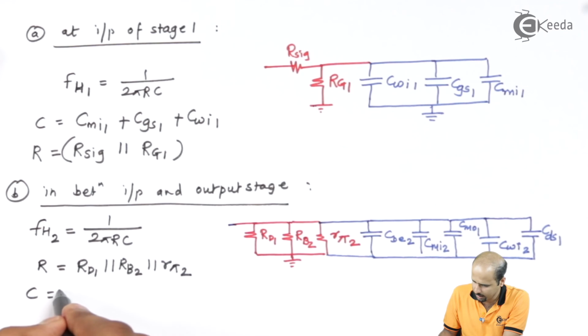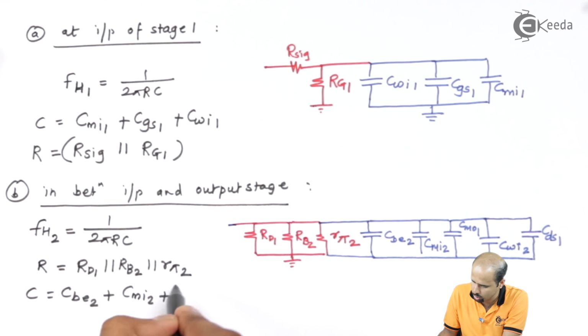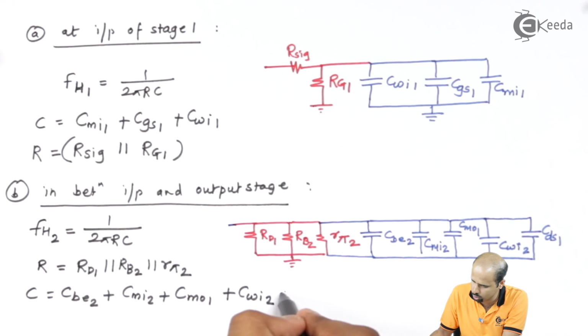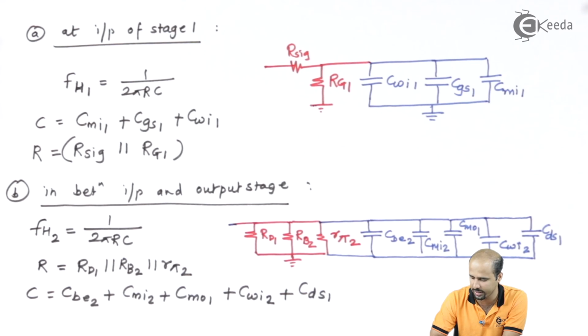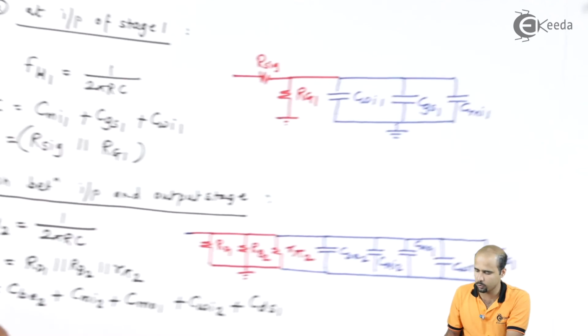So C is equal to CBE2 plus CMI2 plus CMO1 plus CWI2 plus CDS1. Okay, so as far as all the wiring capacitances and Miller's capacitances and the stray capacitances are concerned, the addition of all the 5 capacitances forms your equivalent capacitance, and from that R and C value we'll be getting the second value of higher cutoff frequency. So I hope A and B part is very clear to you all, and then let's move to your C